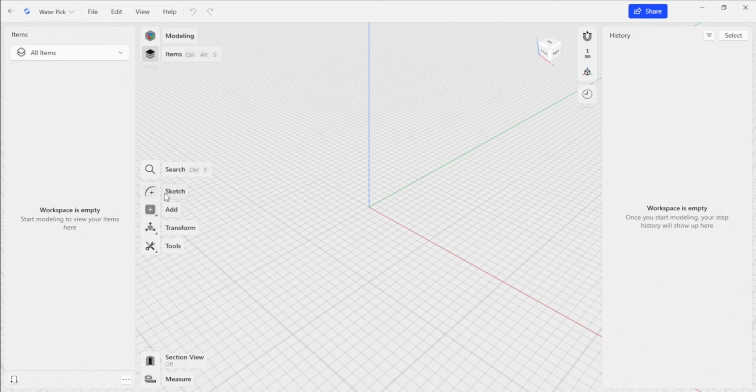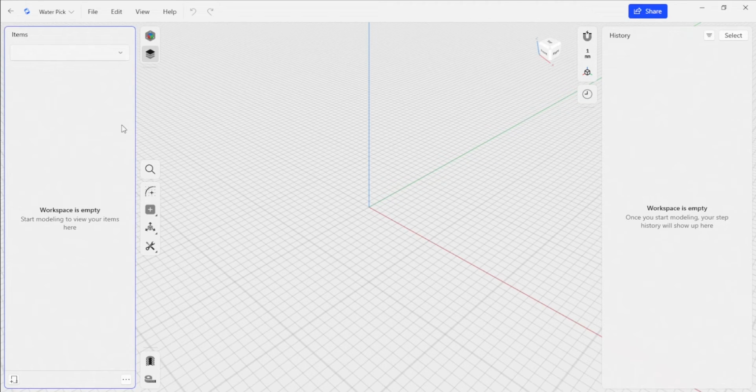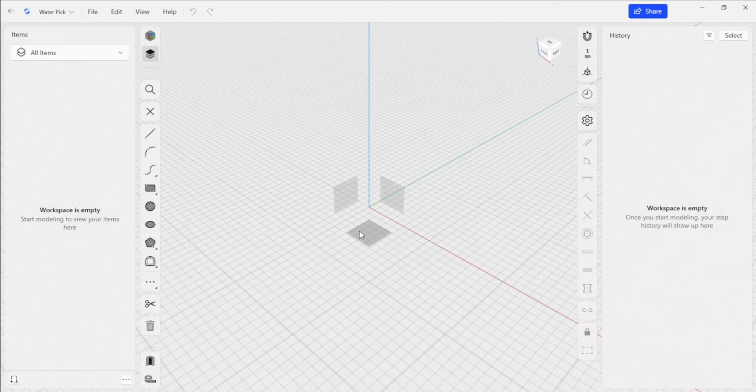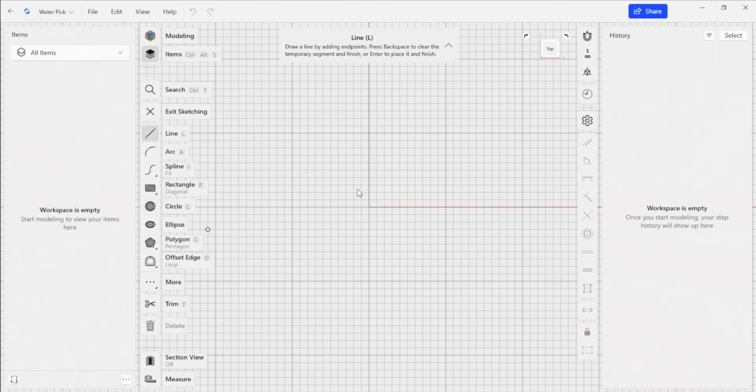So you see our main view here. On the left-hand side, we have our items panel. Our items panel shows us all of these elements that we could bring into Shaper 3D and organizes them into groups. It also allows us to create folders and manage the assets that we're building into the workspace. On the right-hand side, you're going to see a history panel, and this is going to show us a feature-by-feature history of how a model was built. So if it was built in Shaper 3D, you're going to get some history features over here that you can edit.